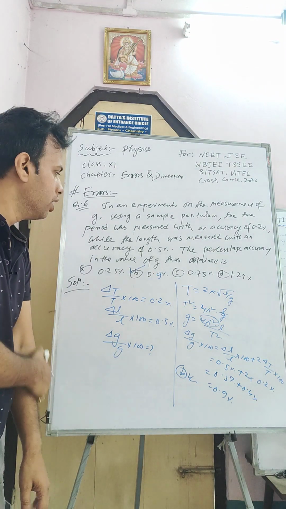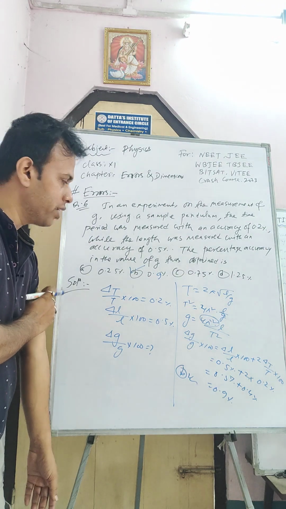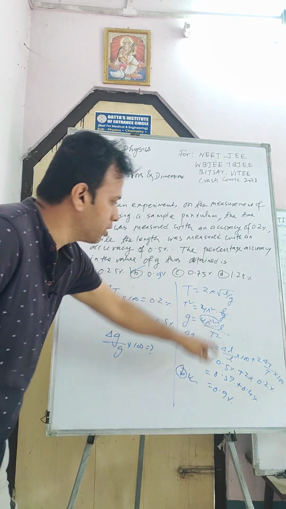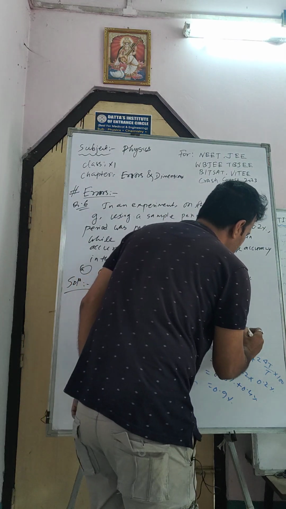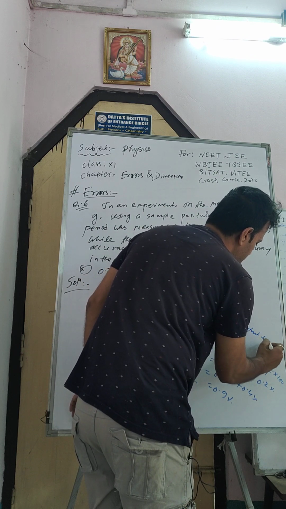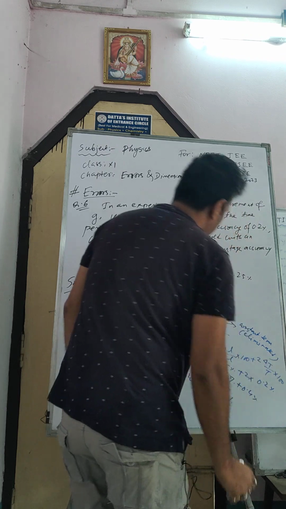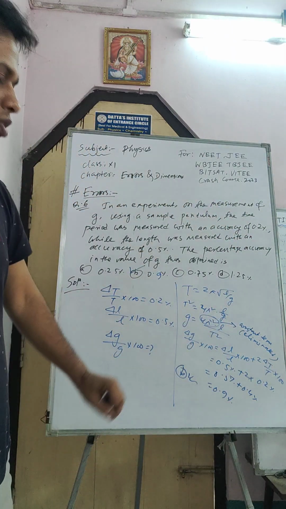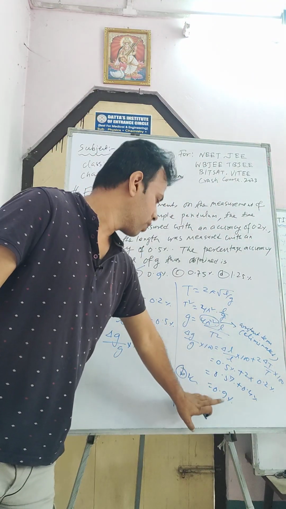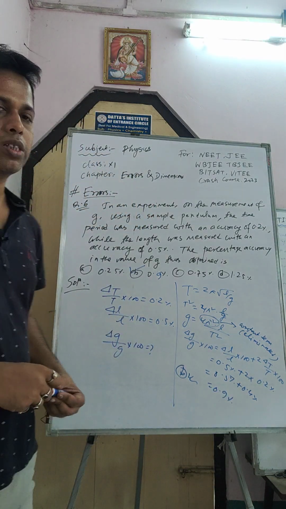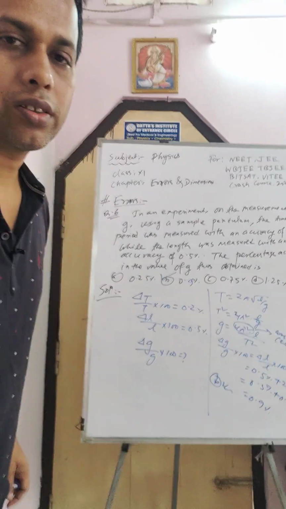Okay, after that I use the formula, that is time period 2 pi root over L by g. I square both sides and I find out what g is. After that, this one is eliminated. This one is a constant term. This one is a constant term. So eliminated. Okay. Now I use the formula and put all the values, and what comes? 0.9% is the correct answer. So which option is correct? Option B is correct, right? Okay.